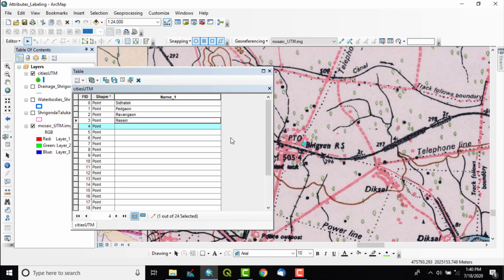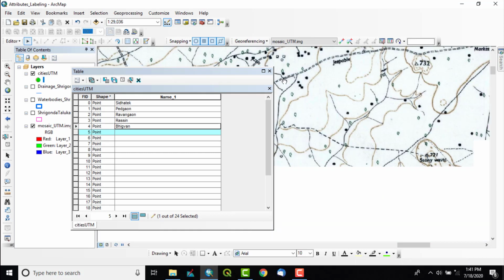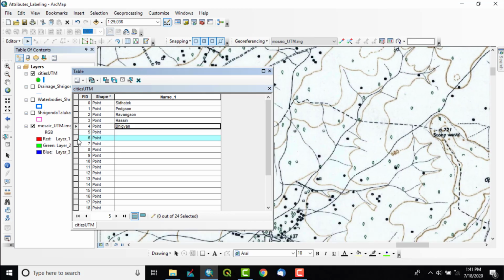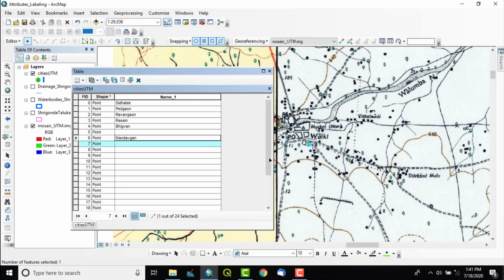So this is a big one. This goes outside our area, so we'll not take it. You can skip if you want any point to be skipped.